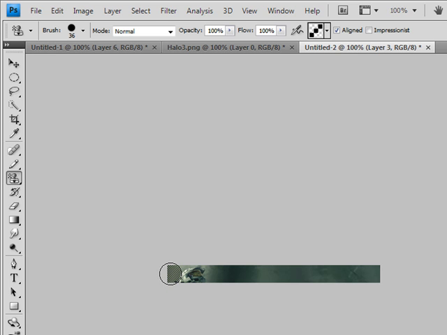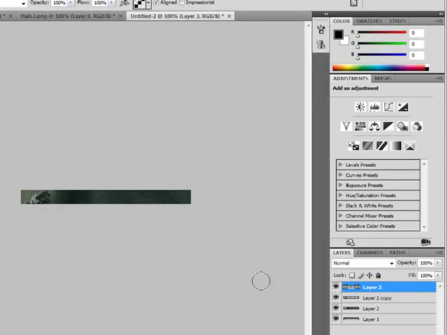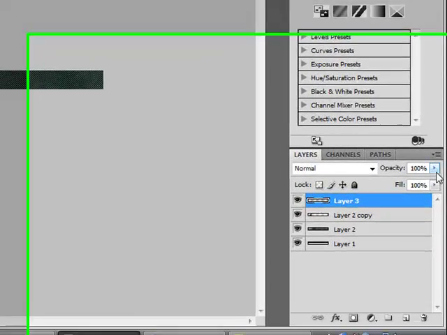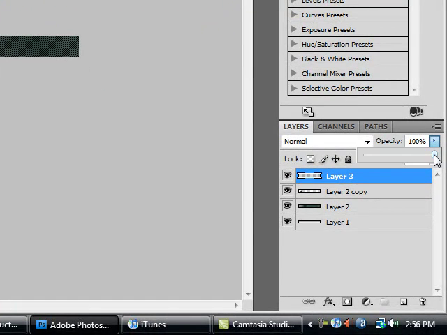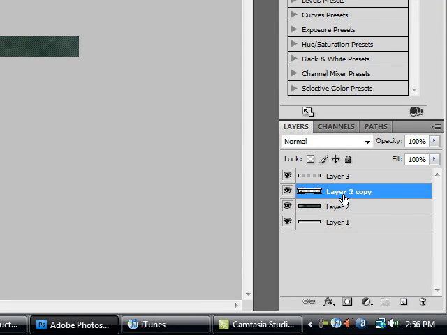Click once. Hold the click down. Press shift and just drag it across. And now wait a minute, that's way too dark, right? No. I told you to shut up. Now lower the opacity down to about 30 or so. Rough it how you like it. Now click on our